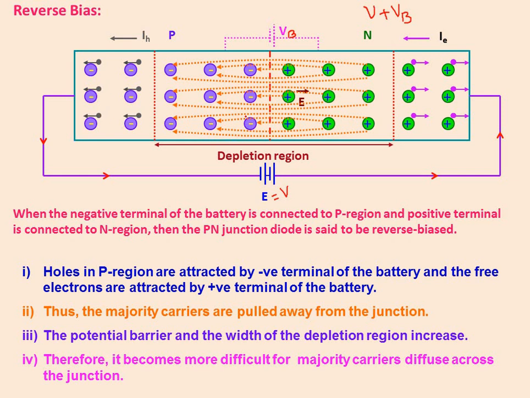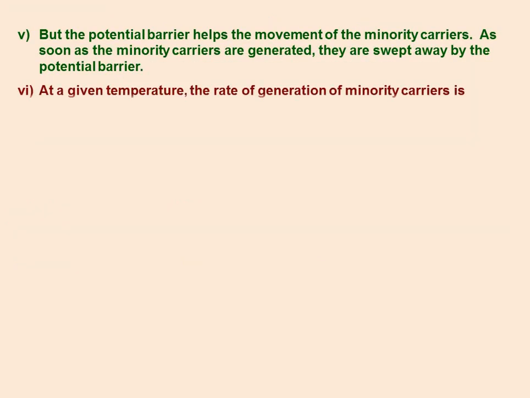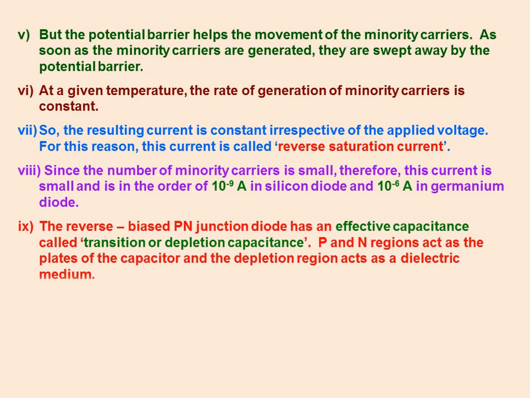So that was regarding the forward bias as well as the reverse bias. Here I have mentioned the points regarding the reverse bias condition too. Take a screenshot for this, and you can make a note of it, and more importantly maintain the notes, right? Now let's look at some diode diagrams, when we have a forward bias and when we have a reverse bias, and how to identify them.